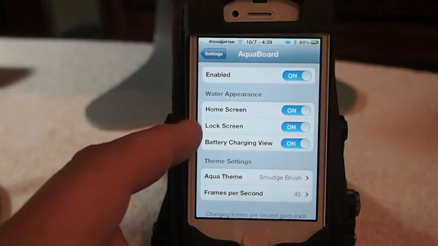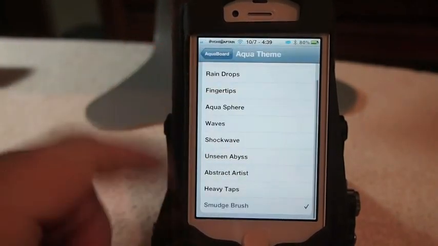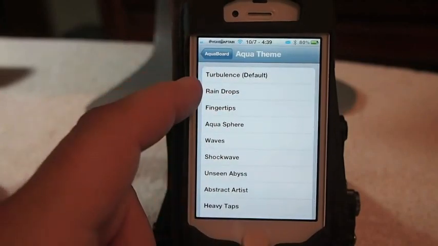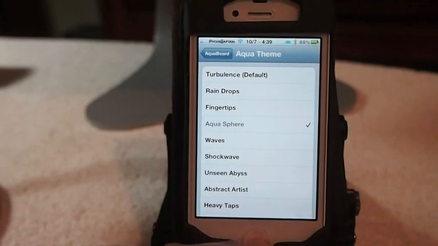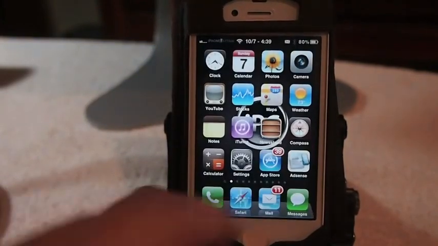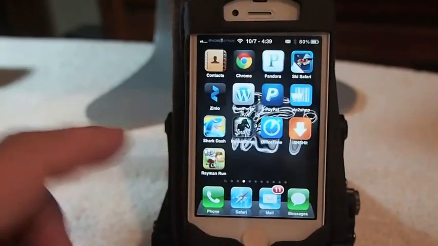But Aquaboard has several different settings you can change to. You can add it to your home screen, lock screen, battery charging view, and here's where you can change all the different things from raindrops, fingerprints, aquasphere. Let's try aquasphere. Alright, now when we touch it,